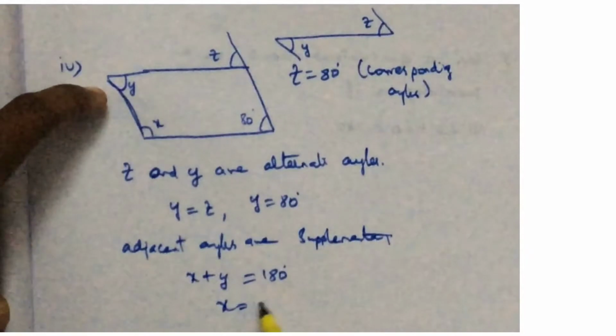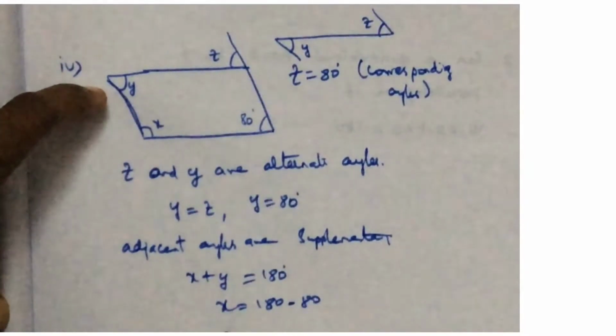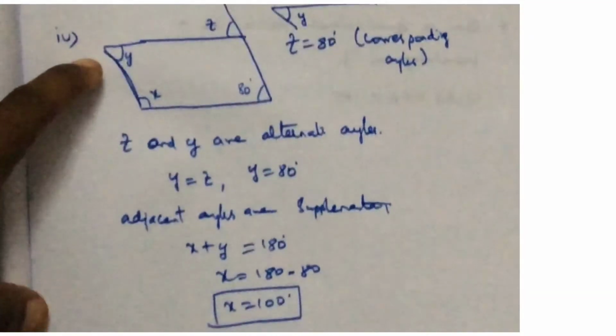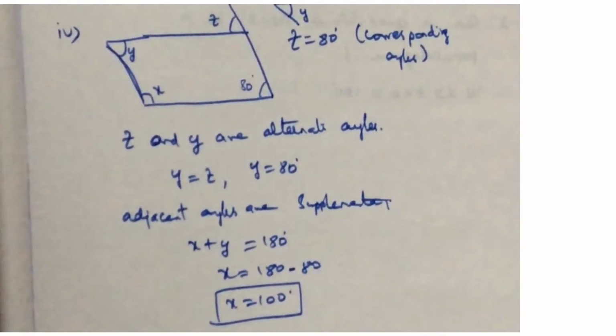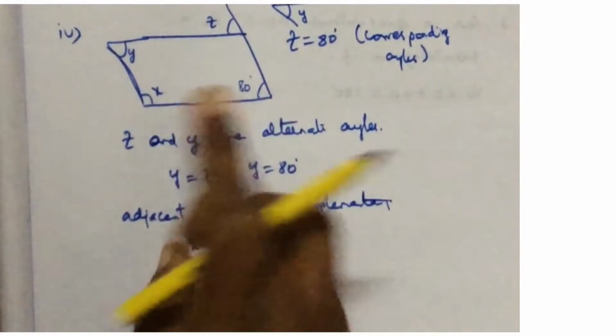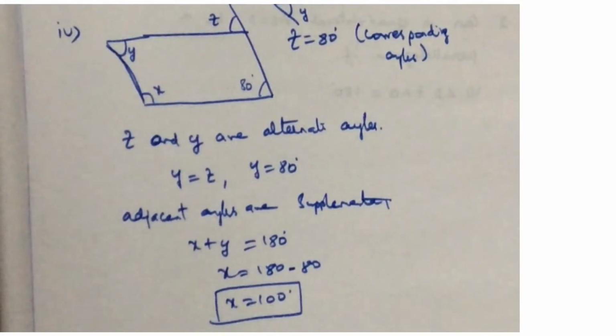Then X is 180 minus Y, which is 80, so X is 100. Another way: X plus 80 also should give 180, because these two are also adjacent angles. Anyway, you can solve this. The next problem is,